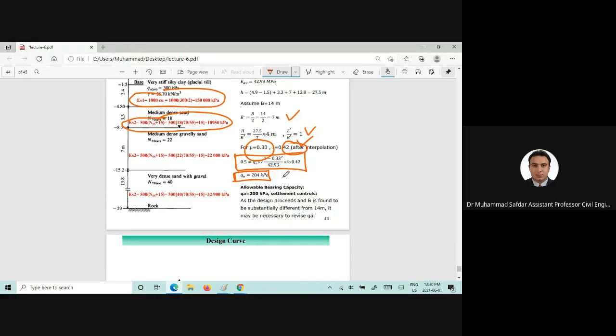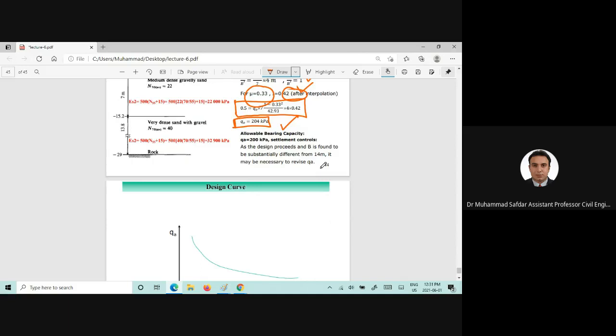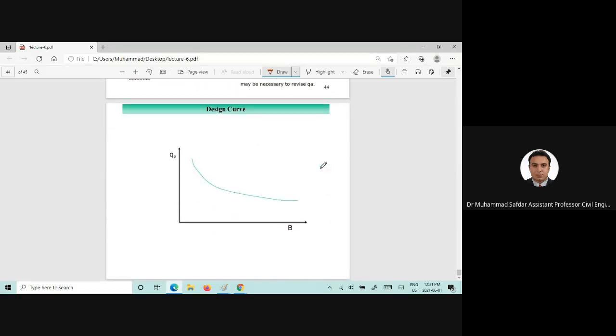You can clearly see that the settlement criteria is governing, because the shear failure criteria were giving us 334 kilopascal, and the settlement criteria is giving us 204 kilopascal. So in most cases, settlement criteria governs,